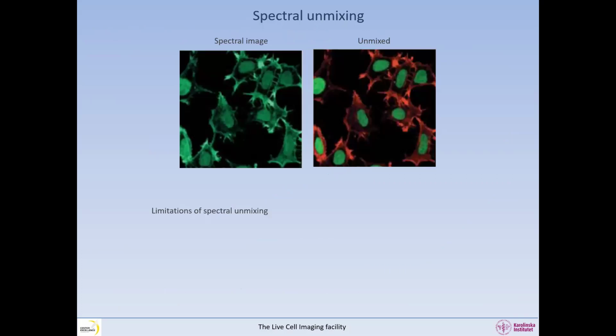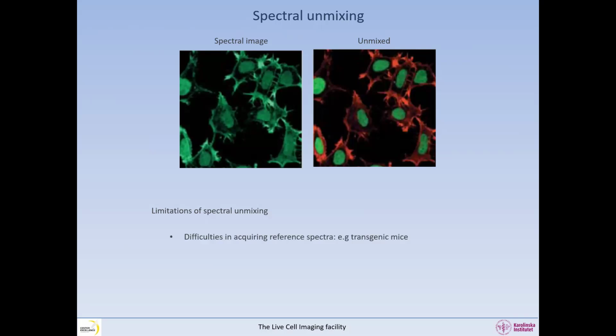So now, if we look at our sample, the first example, with GFP and Alexa 488, if we would perform spectral mixing, now we will be very clearly able to discern where the Alexa 488 and the GFP signal are. You could see the advantage of using spectral mixing, but there are also limitations